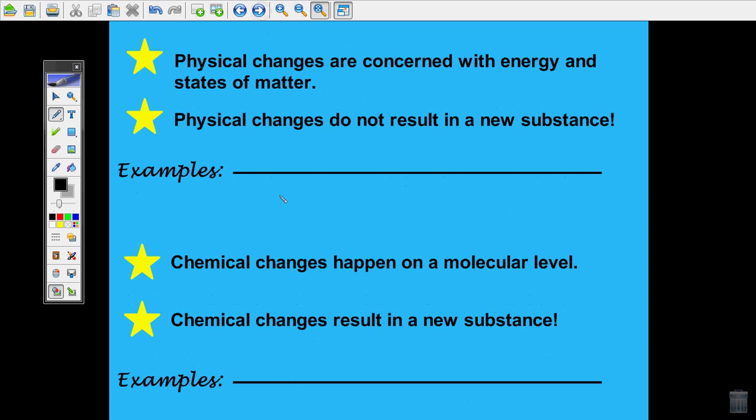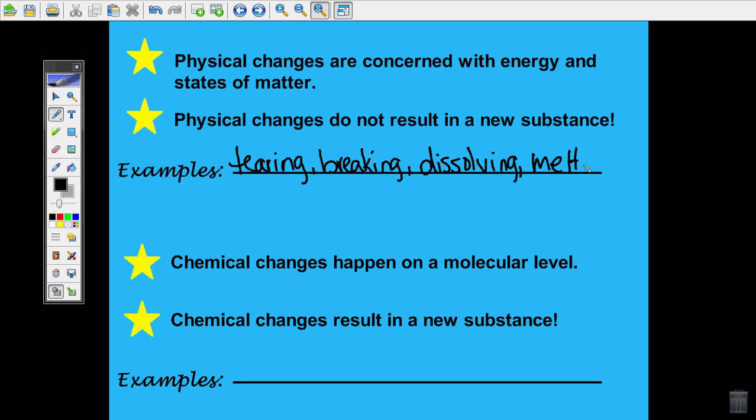Right, physical changes. Physical changes are concerned with energy and states of matter. Physical changes do not result in a new substance. So a physical change would be like if you tore a piece of paper in half, tearing, breaking glass. Just because you break it, it's still glass. Dissolving. Even if I dissolve sugar in water, I can evaporate the water and I still have my sugar. So I didn't change the sugar at all. I just mixed it really good. So tearing, breaking, dissolving,